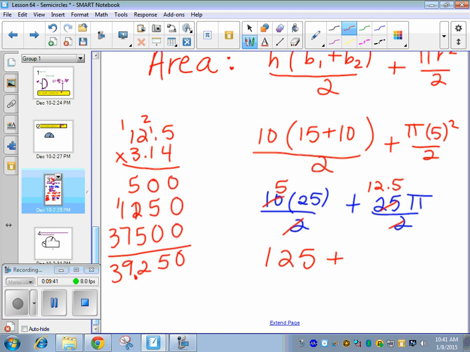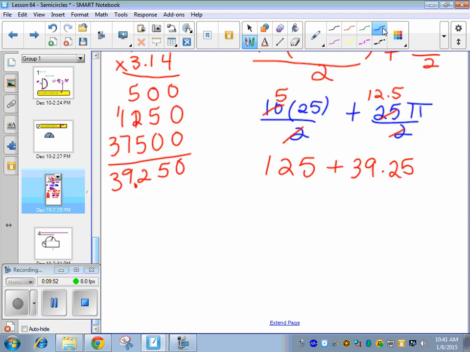Did that? All right. Awesome. So 39.25. You don't need the 0 at the end. Now we got to add that to 125. So I'm going to write it underneath. You do need to line up your decimals here. So 0.25, 14, 6, 1. Woo! That took a while. All right. So 164.25